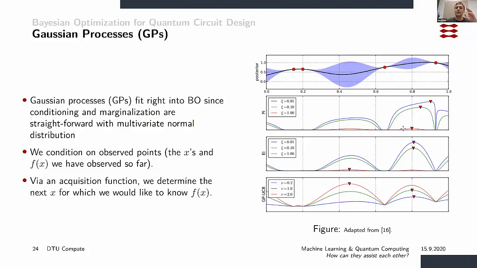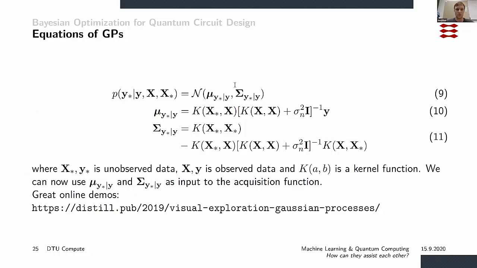So what I want you to think about is that when we have a quantum circuit and we need to define how many layers, how many qubits, the batch size, all of that, one way of thinking about it is as a machine learning model in itself, and then make these clever choices based on quantum processes. And the clever part comes in when we can take all of the things that we know so far and ask our Bayesian optimization algorithm, which one should I try next? And that's the whole idea of this. And there's a bunch of equations there if you're interested. And you can see here there's a very great demo if you're more interested in Gaussian processes. It's a very interesting topic.